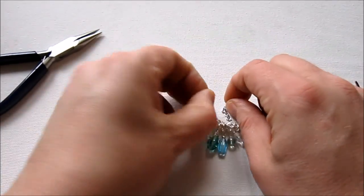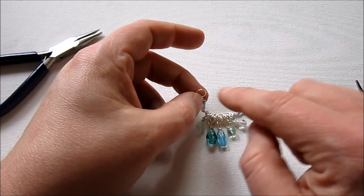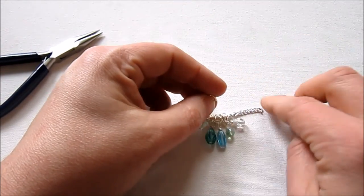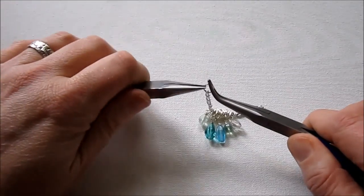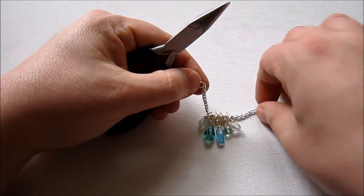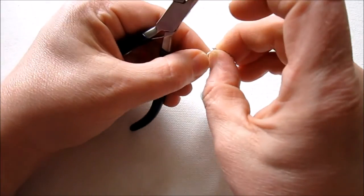Okay, so now the most difficult part of this is opening up this jump ring. We want to put both ends of this chain in this jump ring. It's difficult because you will have to be careful not to spill all of everything you just thread on here. So just kind of work close to your table and let everything lay there. And then carefully grab the other end of the chain,